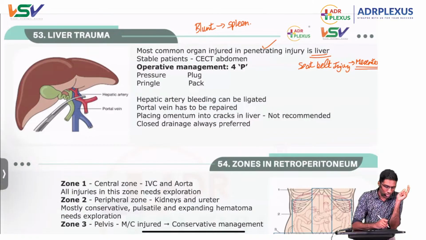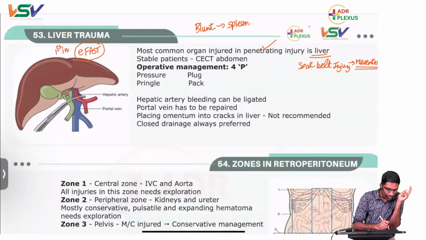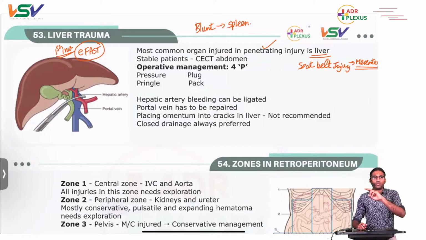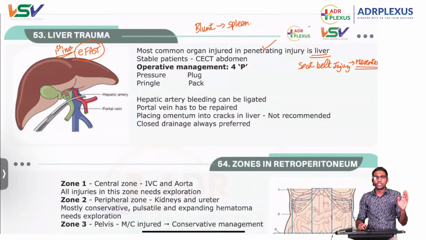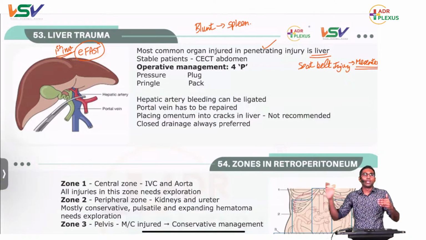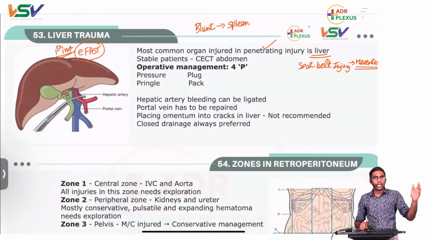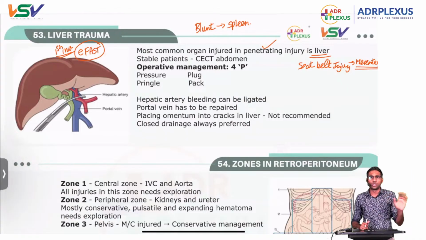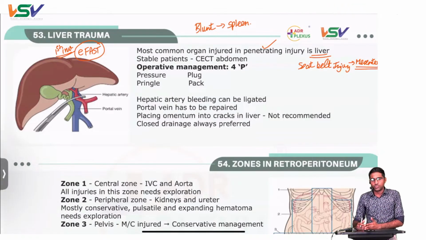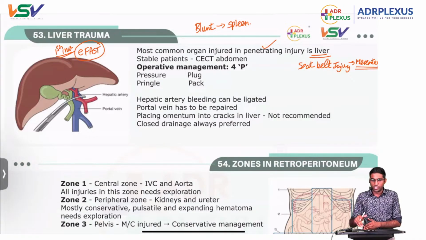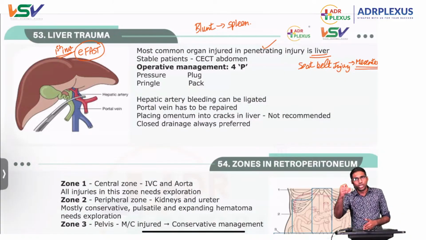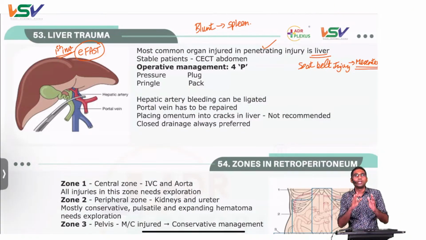First investigation is always E-FAST, extended FAST, for any abdominal trauma. If the patient is unstable, go for laparotomy. If the patient is stable, do a CT scan, grade the injury, and choose whether the patient needs surgery or not. Just a simple protocol: the patient comes to the ER, put an E-FAST. Find out whether there is hemoperitoneum or not. Unstable, directly go for laparotomy. If stable, do a CT scan, grade the type of injury and then decide whether conservative or